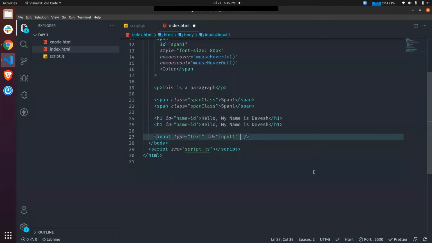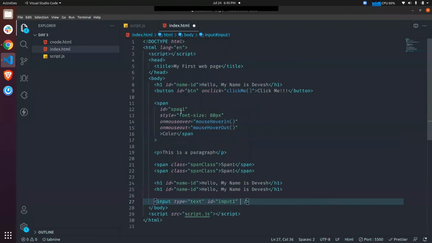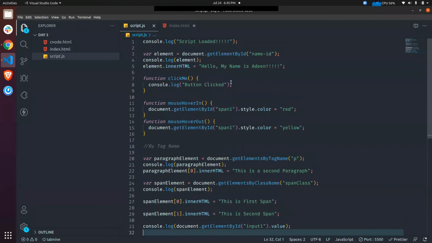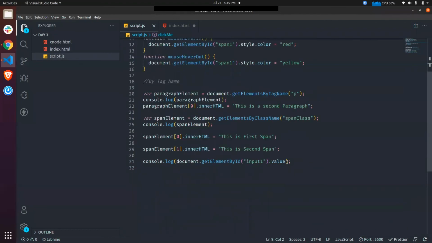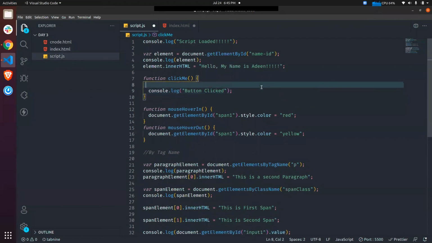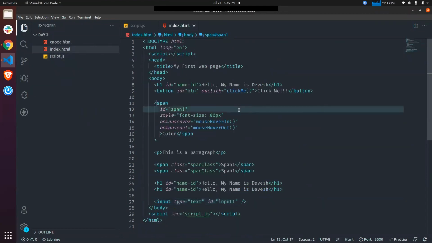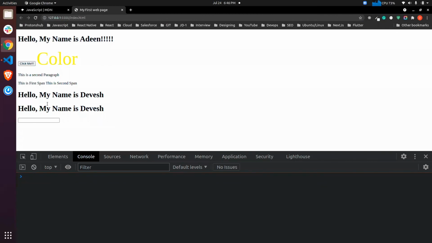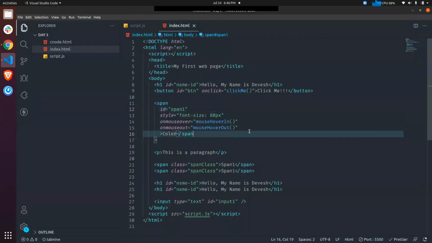Yeah, just onclick. So if I click, I'm still not getting why.